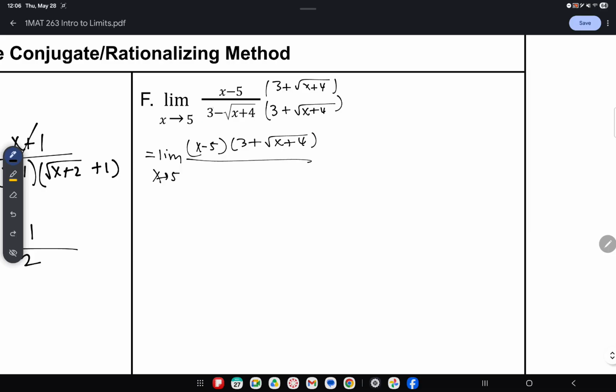And the denominator, I'll have 9. That middle term will cancel out, and then I'm left with minus that x plus 4. So I have the limit as x approaches 5 of x minus 5 over, times 3 plus the square root of x plus 4 over, and that's going to give me